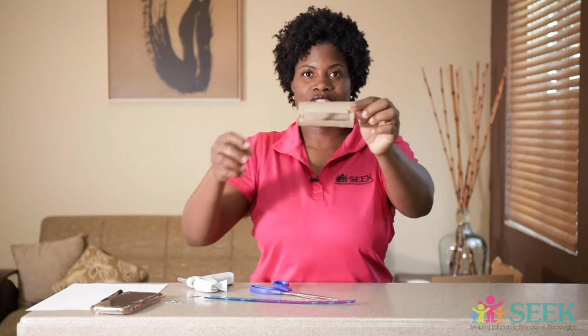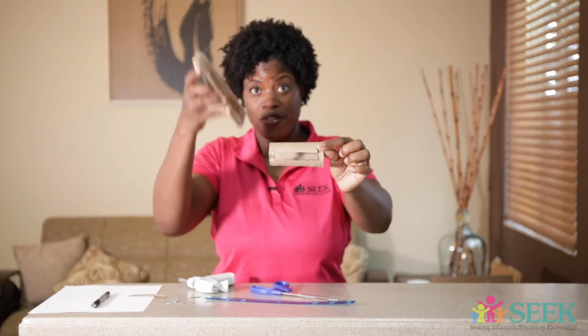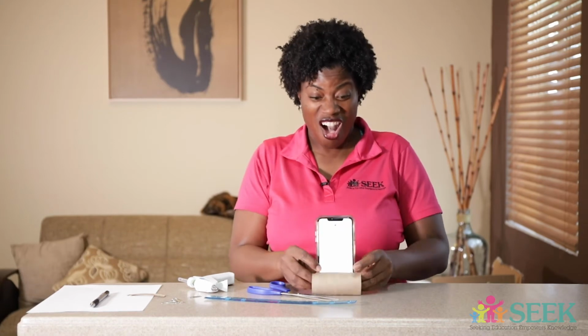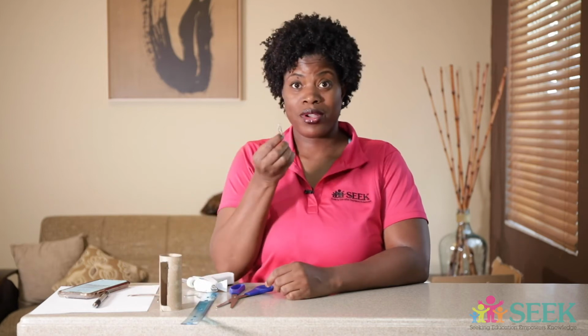Voila, so you have your little pocket holder. So now let's see if the cell phone can fit inside the pocket. And there you have it. But guess what? It's moving front and backwards. Oh no! Next step, what you are going to do, you are going to add your paper clips to the